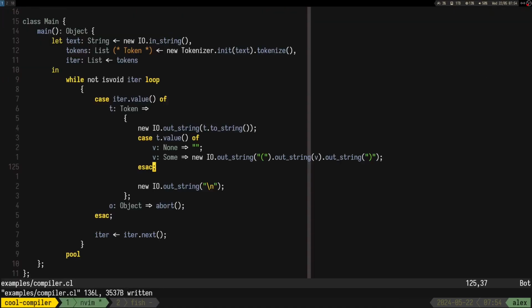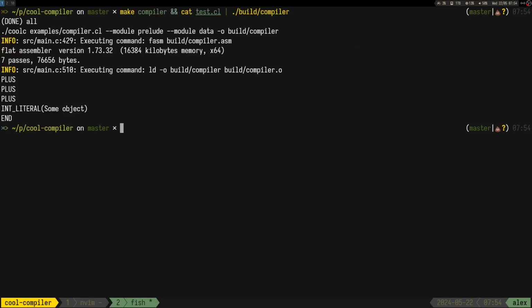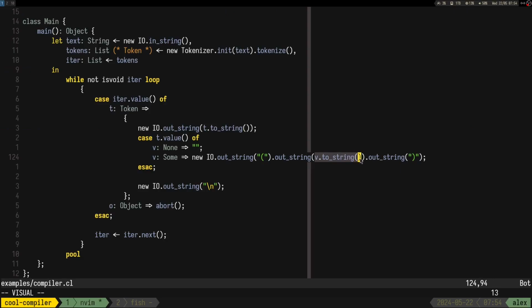Okay, semantic error 124 is that no v. We could do toString, but yeah, we get back some object, right? Because it's a sum. Wait, what? Yeah, it's a sum, right?